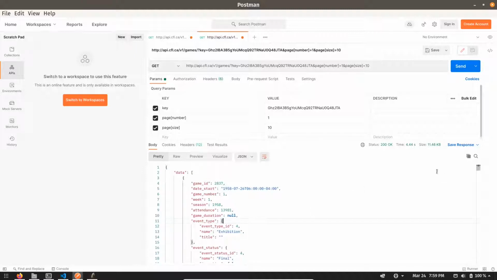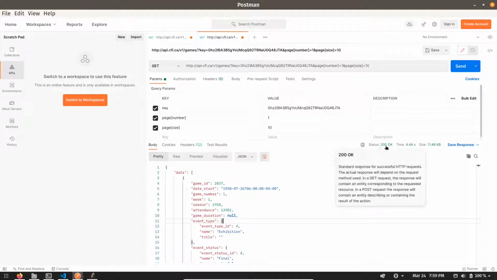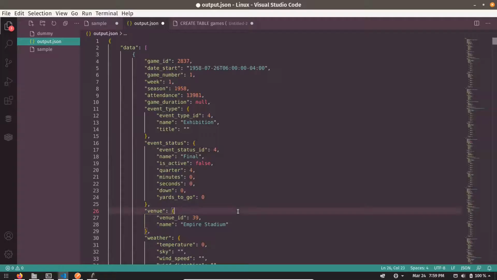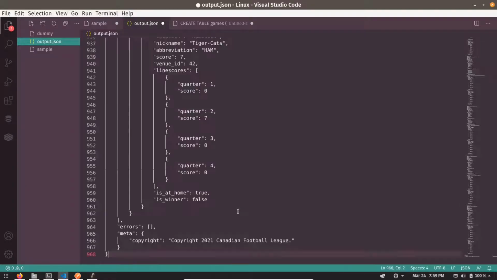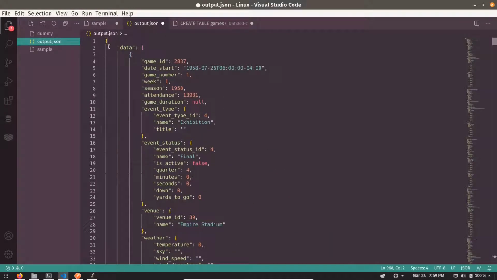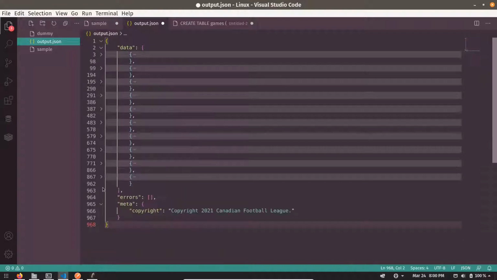Now you can see we again got a status of 200, and if I copy the response and minimize it, you can see in this array we have got 1 2 3 4 5 6 7 8 9 10, only 10 records. That's how we can control the number of incoming records using pagination.